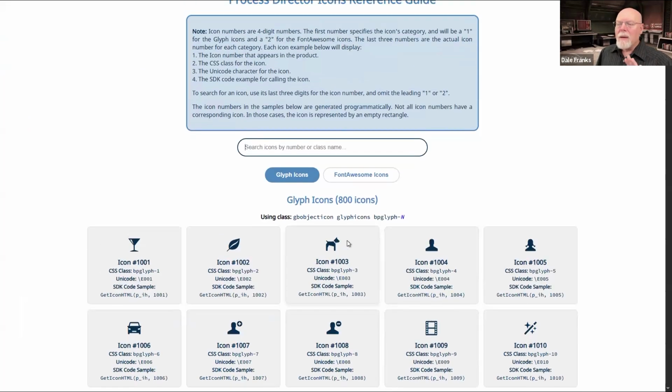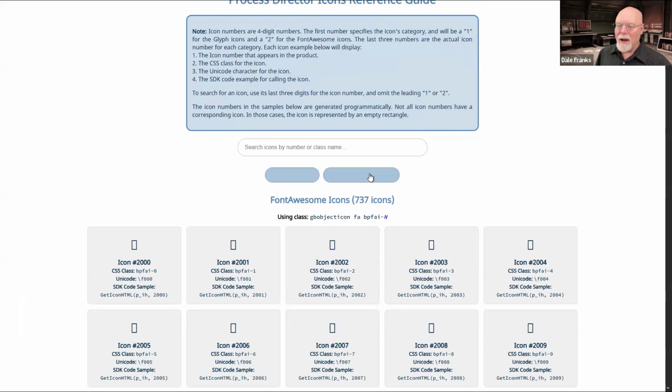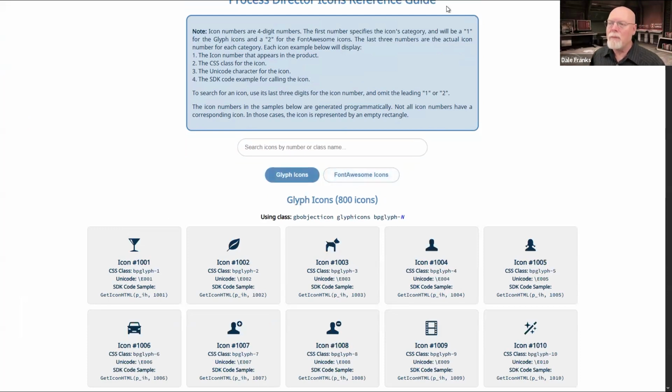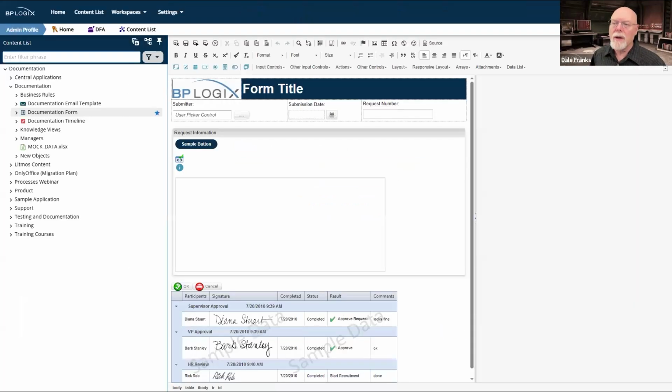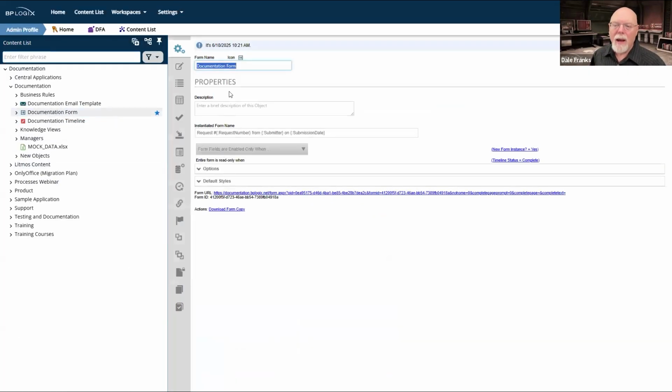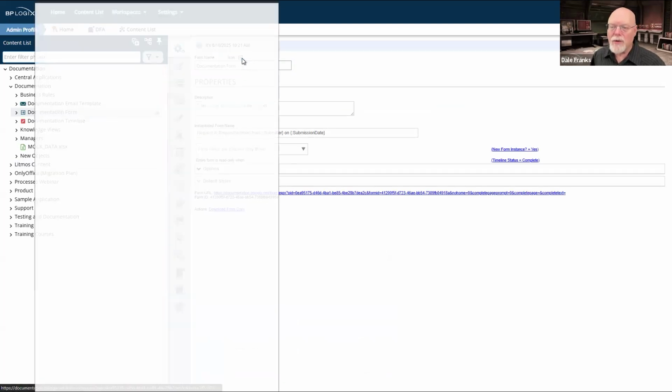So there are two types of icons. There are the glyph icons and the Font Awesome icons. These are icons provided by two different companies who do two different things. So in Process Director, when you go to the icon chooser, let's go back to our form here, and let's invoke the icon chooser, and we bring it up.